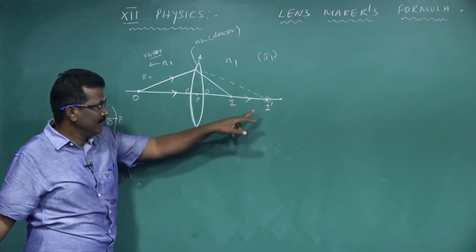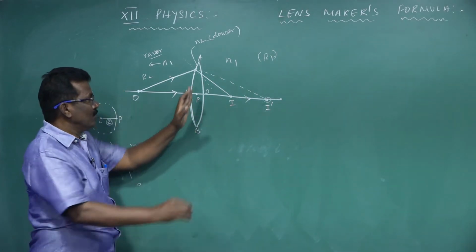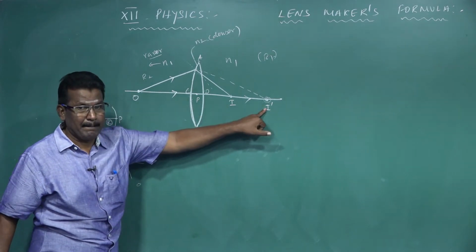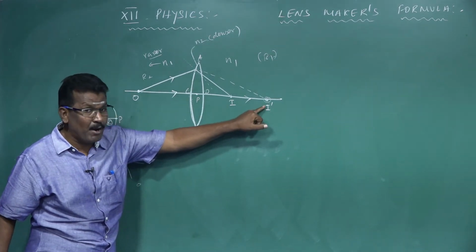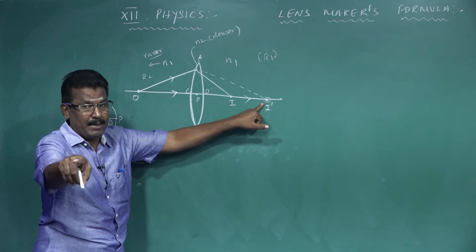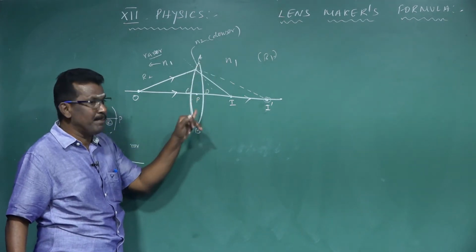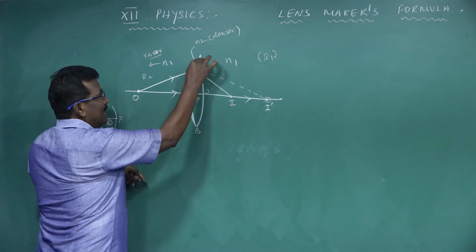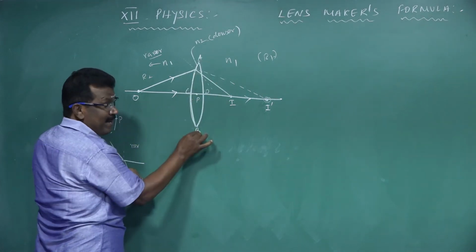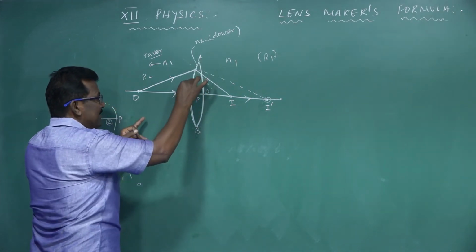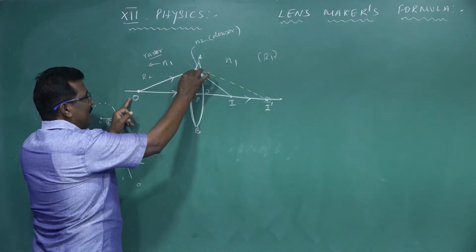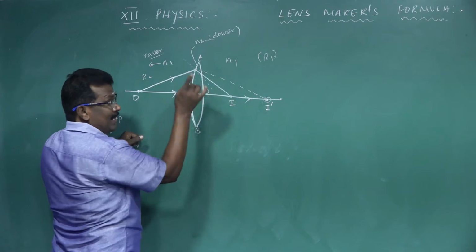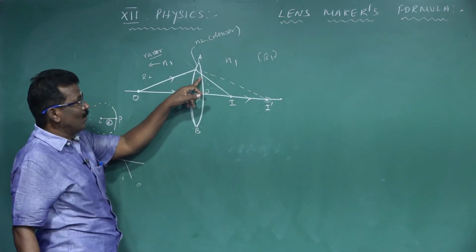This is I, and this is I prime. If the surface ADB is not there, the image is formed at I prime. The image was being formed at I prime, but it could not be formed because of another surface ADB, where another refraction takes place. In the first spherical surface ACB, the light coming from the source is incident on the surface ACB and the image is formed at I prime. But one more refraction also takes place.